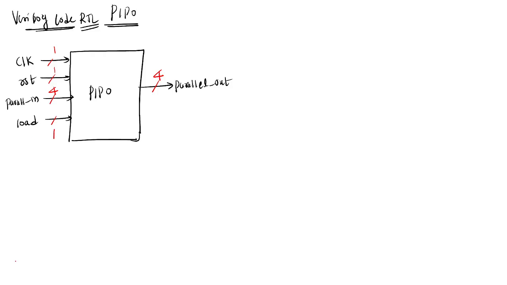Okay, so how to write the code for this? Let us take, I'll start with module, and what is my module name? Let us take PIPO. Okay, PIPO, and I need to declare input clock and reset, input clock, reset, and input load, and